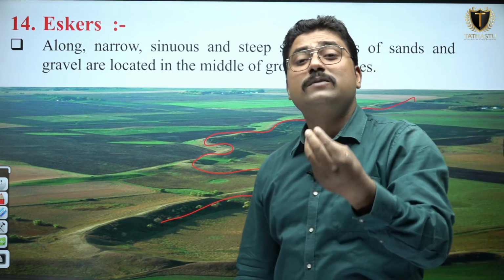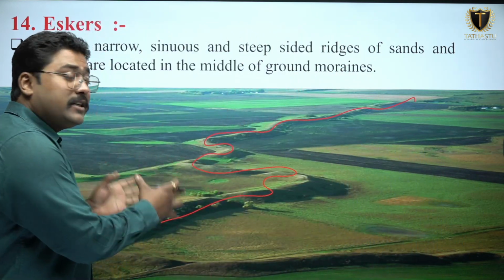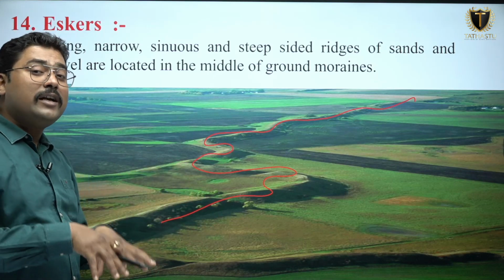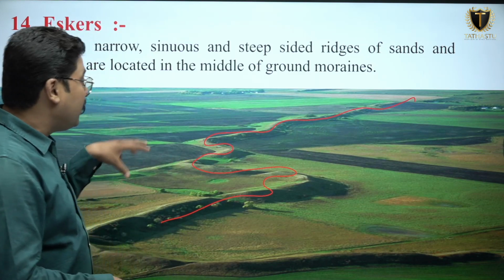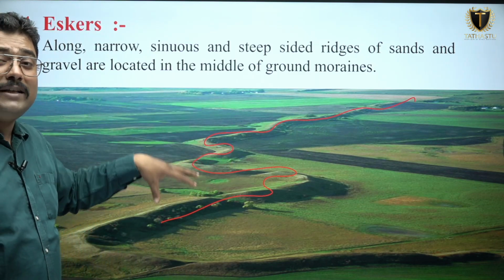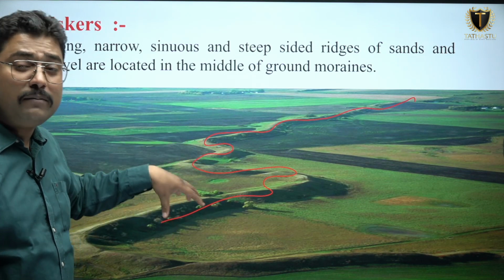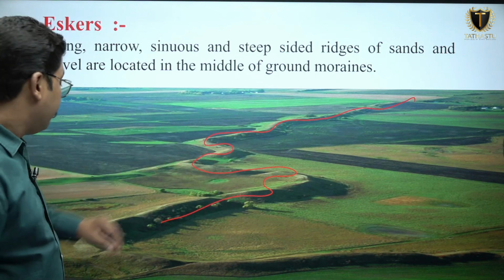These are small ridges which were deposited, the deposited sediment of a glacier. Today, after the retreat of the glacier, they resemble agricultural fields and partitions, but they are not partitions, they are small ridges, sinuous ridges with steep slope. Then after,